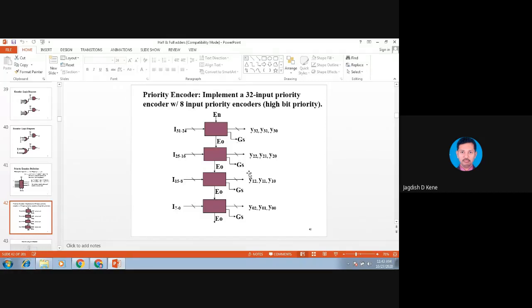In this case, if there are 4 outputs, GS will be of 2 bits. When GS is 00, these Y1, Y0 and Y2 will transfer. When GS is 01, these particular outputs will get transferred. So who will decide the priority? The priority.